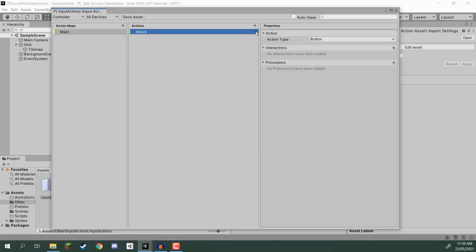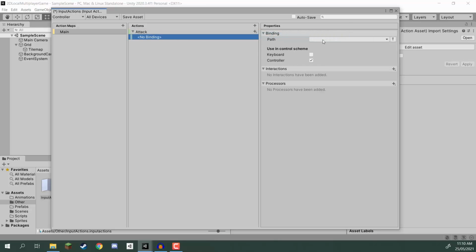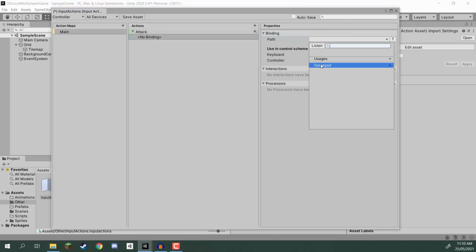So let's go over to this plus right here, and we're going to go add binding. With this binding, if we go to the path, we can then go over to gamepad. We then want to go button west. Now if you have a controller with you right now, if you look on the right-hand side, you have your